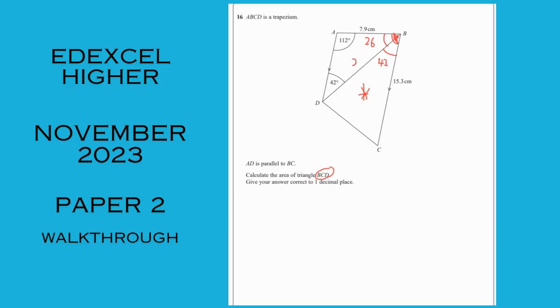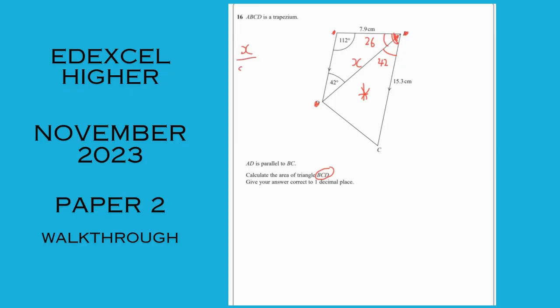If you had X, which is BD, you'd be home and dry. You would be able to work it out. So, how are we going to get it? Well, if you look at our triangle ABD, we've got a cosine rule question. Let's scribble out their labels. Sorry, sine rule question. So we can say that X